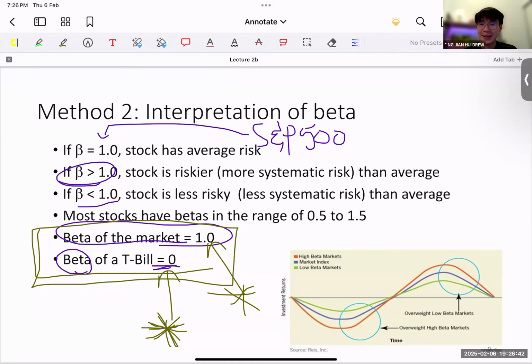That's a good observation. Chinese stocks have low beta, but they are correlated to the S&P. So low beta doesn't mean that it will be uncorrelated. It can be correlated, just that maybe, let's say the S&P falls by 10%, maybe the Chinese stock falls by 5%, right? So it's less risky in that sense.